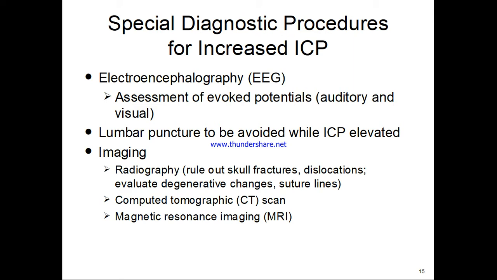So as far as diagnostics, when someone has increased ICP, they may do an EEG, which is assessing brainwave response to auditory and visual stimuli. They may do a lumbar puncture if they're trying to diagnose meningitis or some sort of infectious neurological process that could be found and identified in the spinal fluid. But if someone has these advanced signs of increased ICP, a lumbar puncture is contraindicated